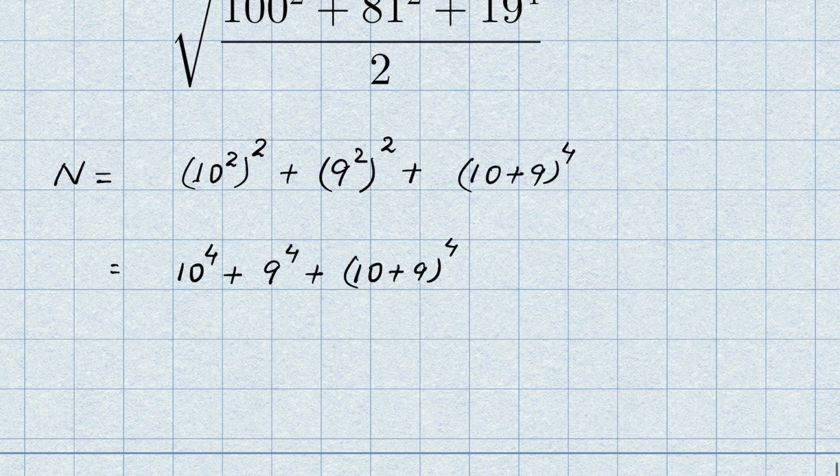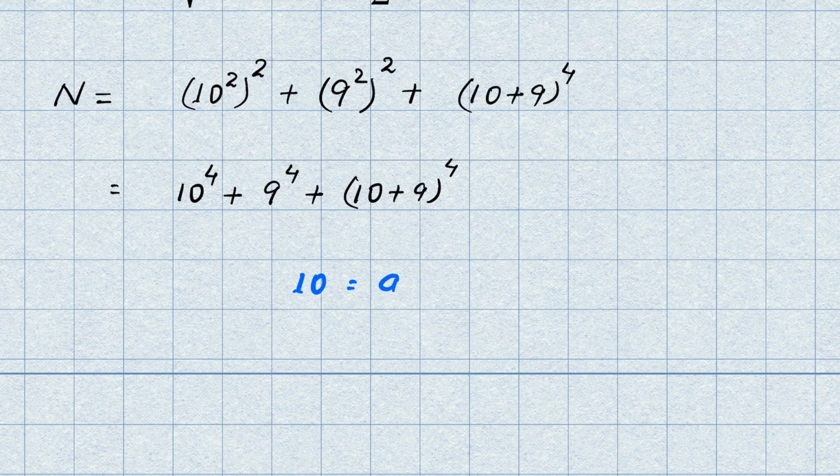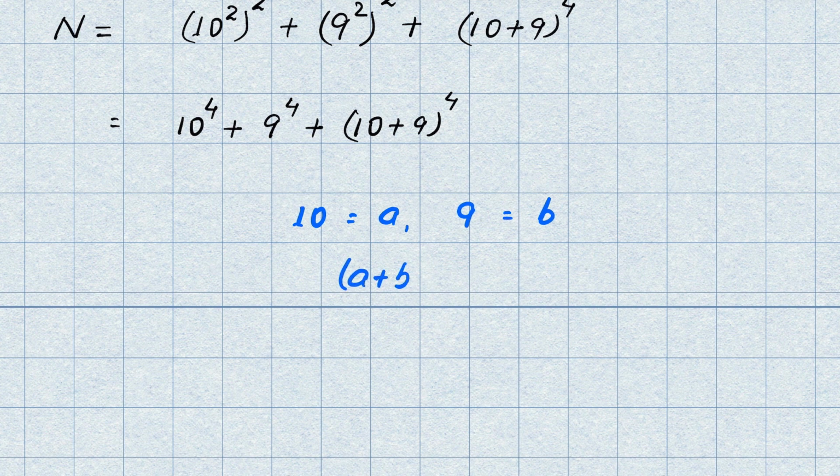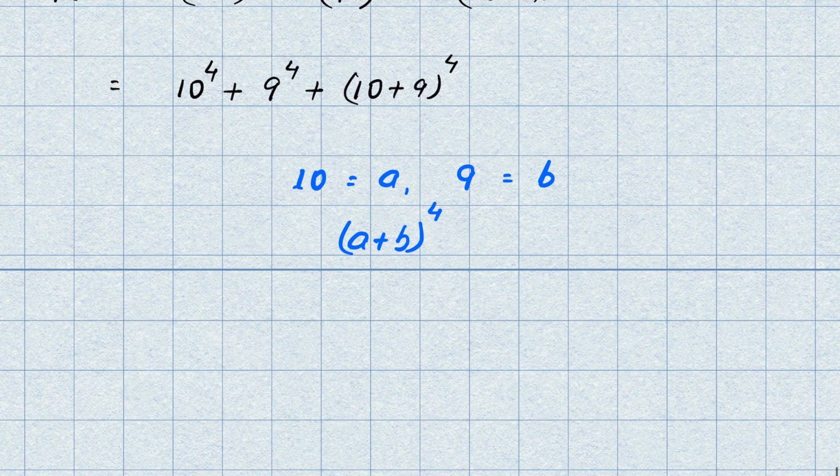Now if we consider 10 as A and 9 as B, in that case we have A plus B whole raised to the power 4, and this we can expand as A to the power 4 plus B to the power 4 plus 4A cube B plus 4B cube A plus